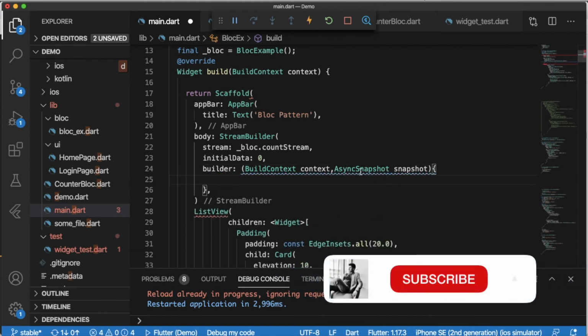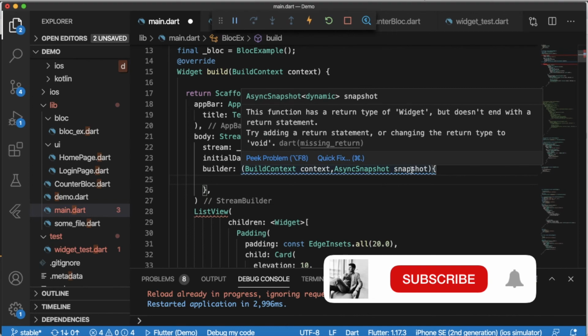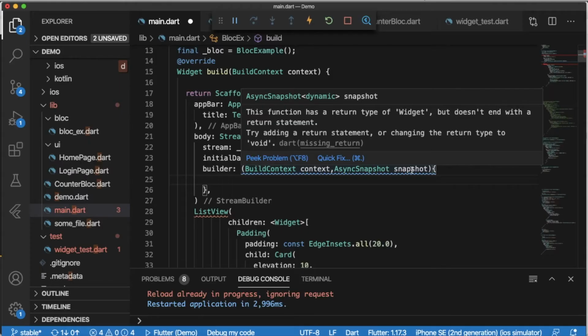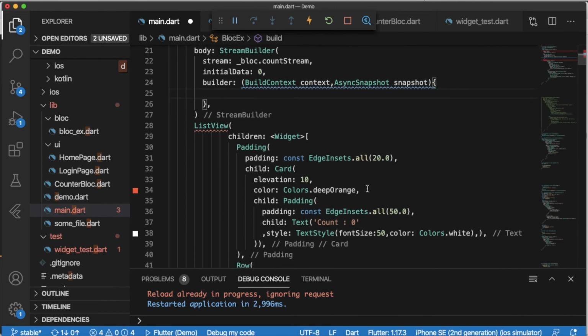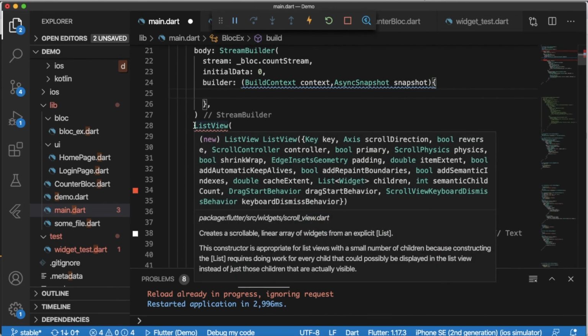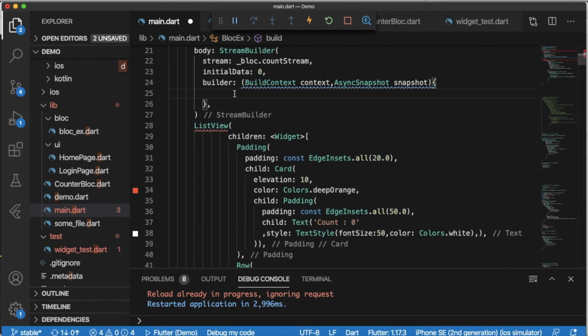This async snapshot will have the value from the stream. Okay, so whatever value will travel in the stream will be received by this snapshot. So here I would get the updated value. So for that I will pass our design or UI in this builder method.